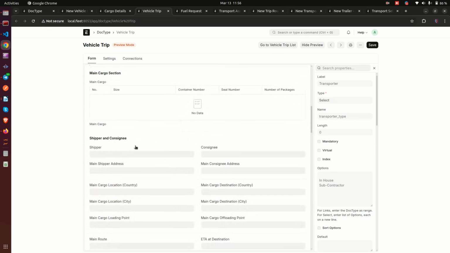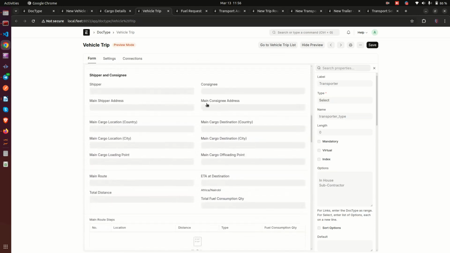Then we have shipper and consignee. Who is the shipper? Who is the consignee? What is the main shipper address? Consignee address. Main cargo location. That is the country, and the destination. This is for the